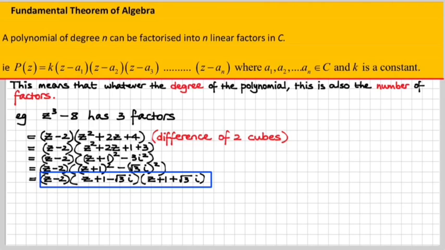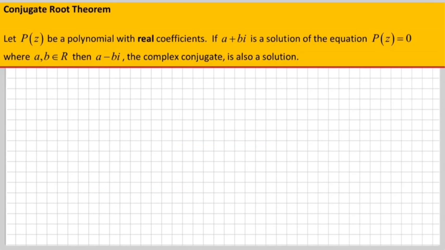That is what this fundamental theorem of algebra says. If you have a polynomial of degree n, then you have n linear factors. Let's go over the screen now, get even more excited. This is the conjugate root theorem. It says that